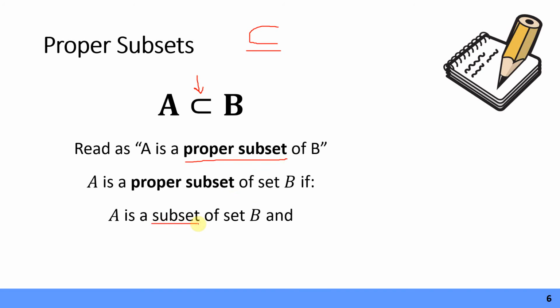So that means that every element in A has to be an element of B. So if it meets the first condition, you're going to check the second condition. The second condition is that it cannot be equal to the second set. So a proper subset, in my own words, I would say it's a piece of the bigger set, but it's not the whole set. So if you want to write that down, I think it makes a little more sense